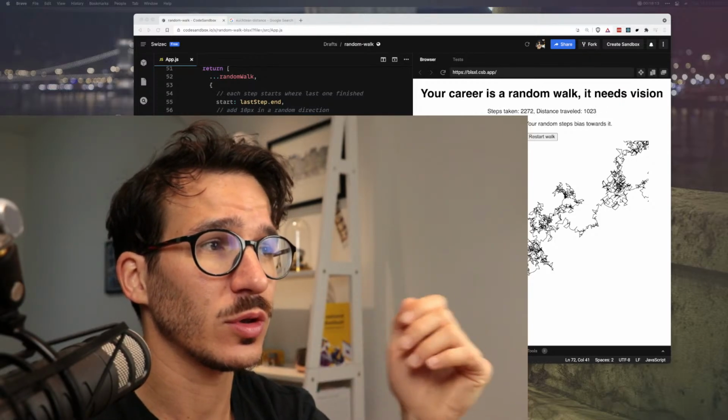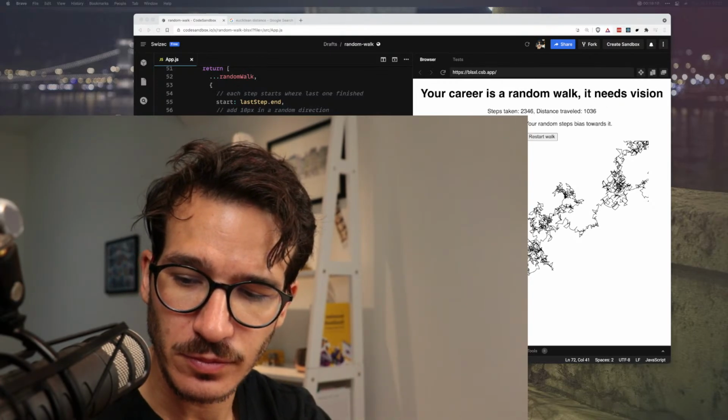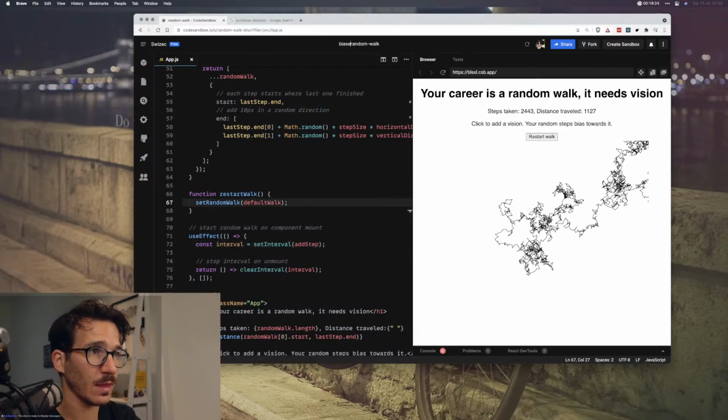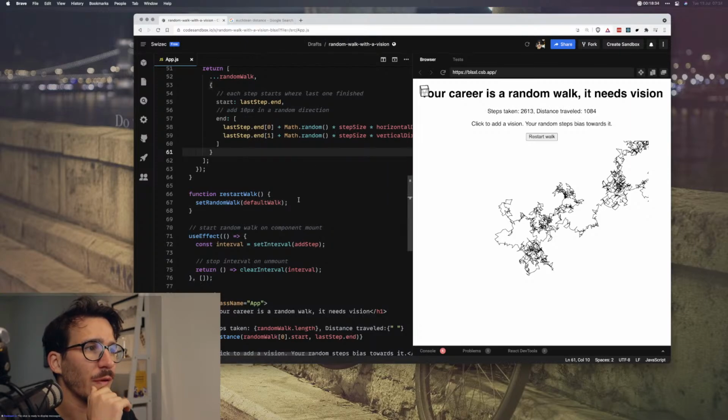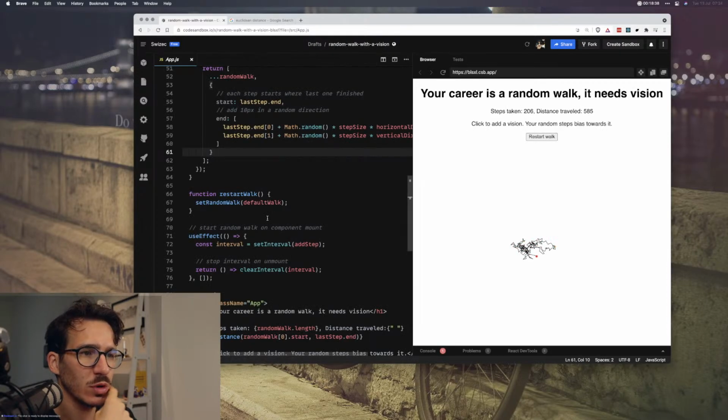Okay. Biased random walk with vision. Okay, so now the random walk, how does that work?